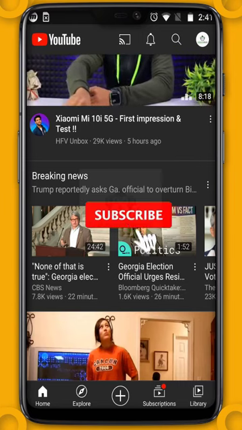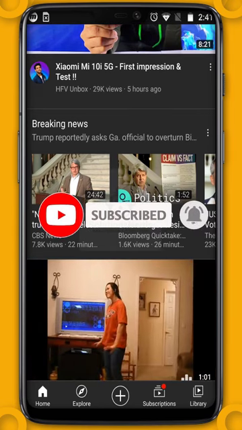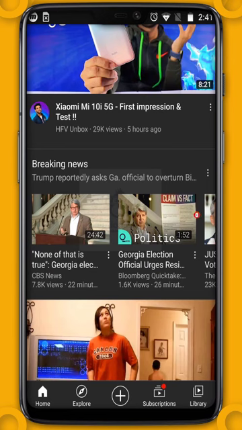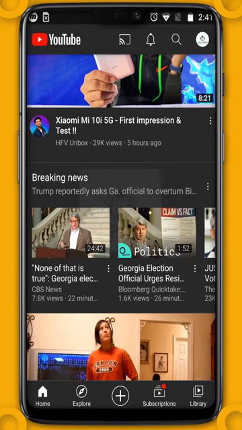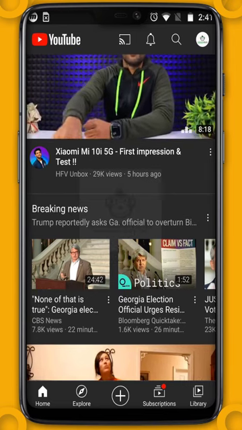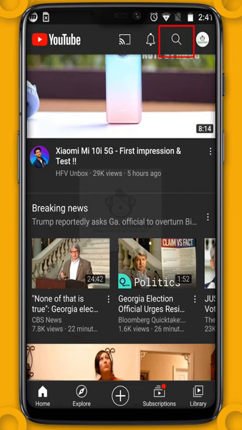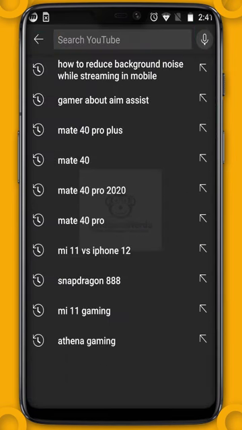In this video we will learn how we can clear search history and also watch history on YouTube using YouTube applications. So without wasting any time, let's get started. First of all, what you need to do is first open the YouTube application. Now for search history, click on this search icon, and here you can see all the terms which you search